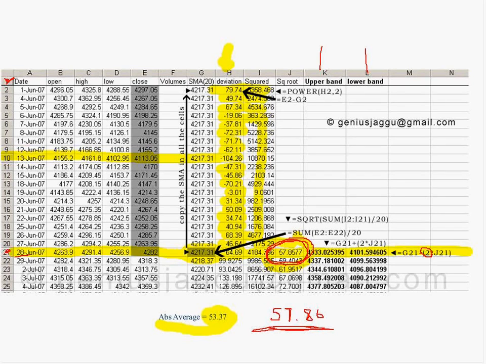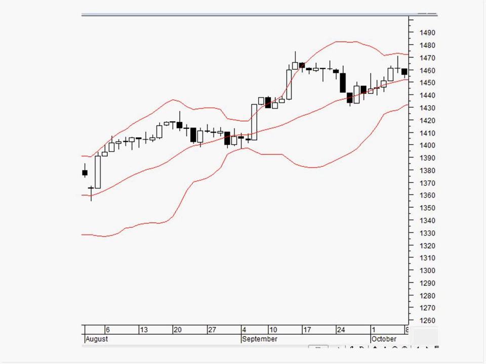Okay, lower band, we're going to reduce the average by 2 times the deviation here. So that's it in a nutshell. That's what standard deviation is. So when you actually plot these, and here are 2 deviations from the moving average, see here then that when you plot these bands, 2 standard deviations up, 2 standard deviations down, when the deviations get